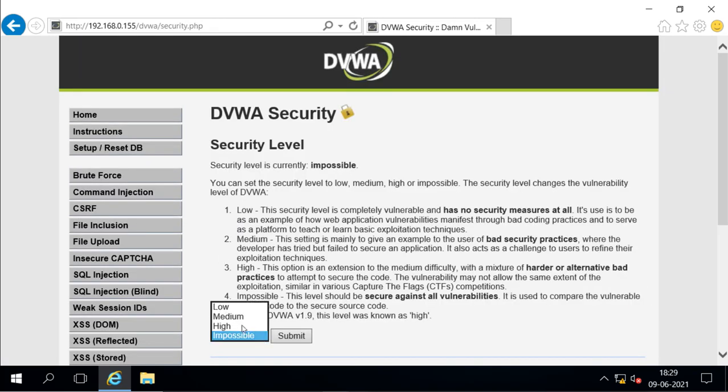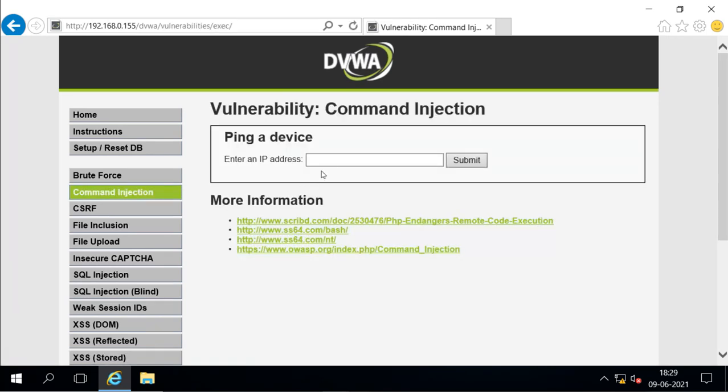Now if the site is not secure, I will change the security level to low and submit. That means the site is not secure, and now it can accept any other value. I will put a pipe here, and then give any command, and the command will execute on the server where this site is configured.